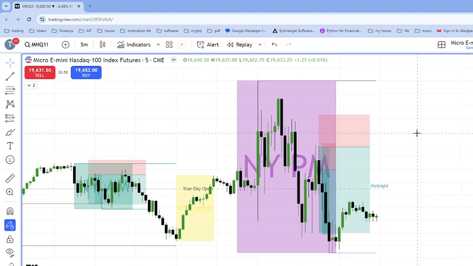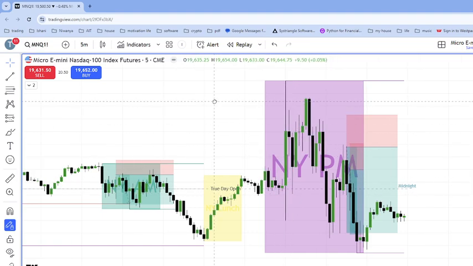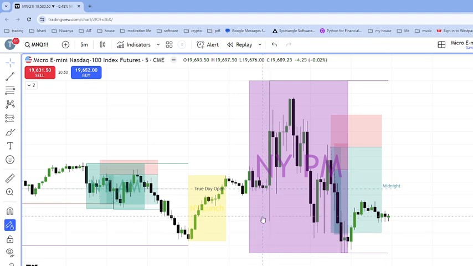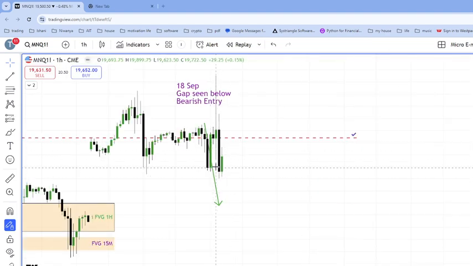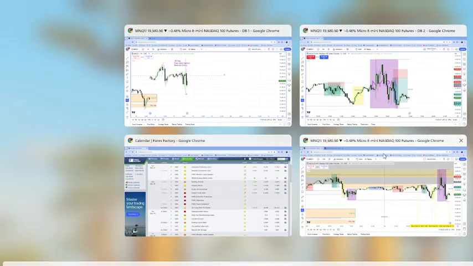Once the market reacted to the news at 2 p.m., New York PM session, we were waiting to see how the market would react, and then we noticed that there was a break of structure at this point towards the downside. That gave us a clue, because initially we were having a bearish bias as well, because we saw a gap at the bottom, and we were expecting the price to fill the gap during our analysis. So basically